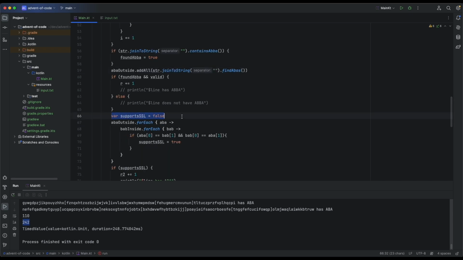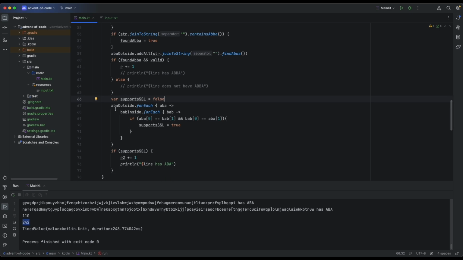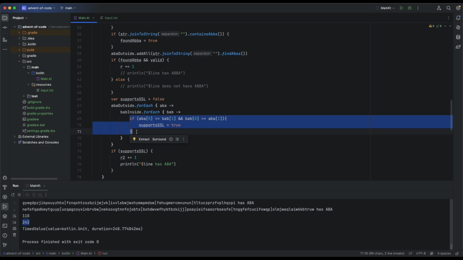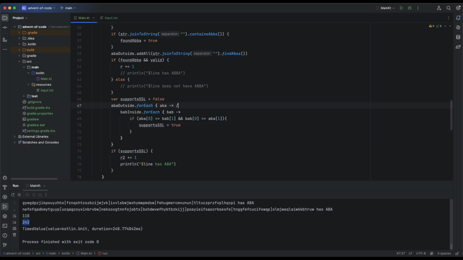And then we just say, hey, supports SSL is false, but if we find this combination, then we set it to true. And the combination is we go through each combination of outside and inside once, because we could have